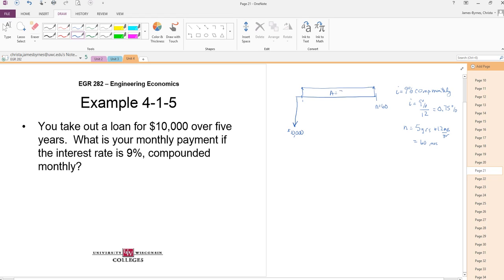A equals, not quite sure. We've got to figure that out. So we've got all our givens. We've got our find. We're all good. So our solution will be pretty easy. We just have to remember A is equal to P times (A/P, i, N). Well, my purchase price is $10,000. A given P,